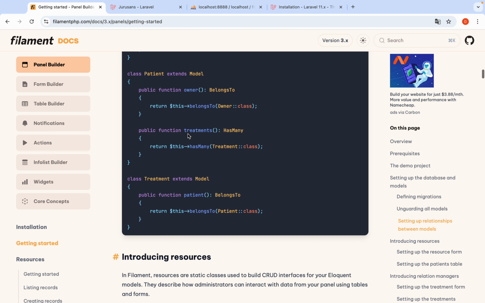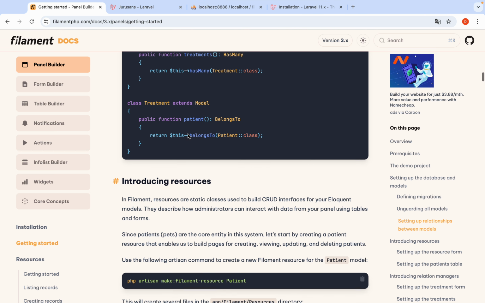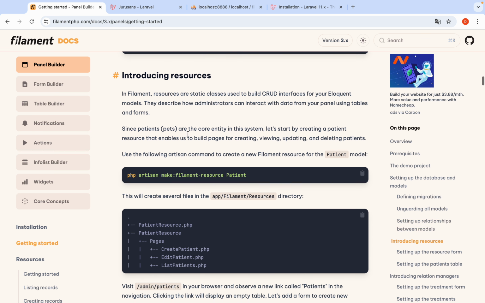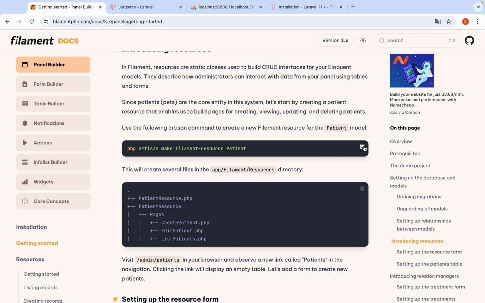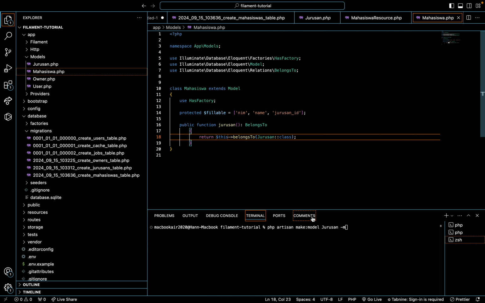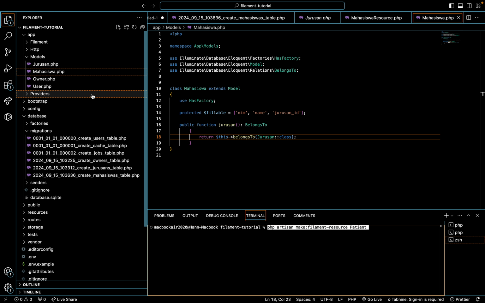After that we will skip to the magic of Filament. We only need this, then go to the terminal. Before that, we just made the database, two tables, and the models.